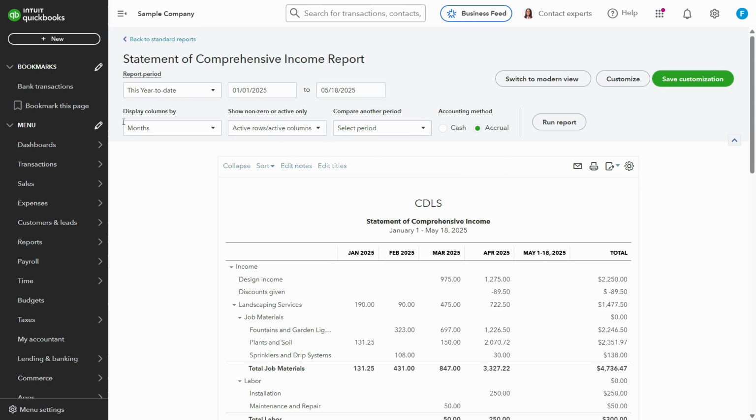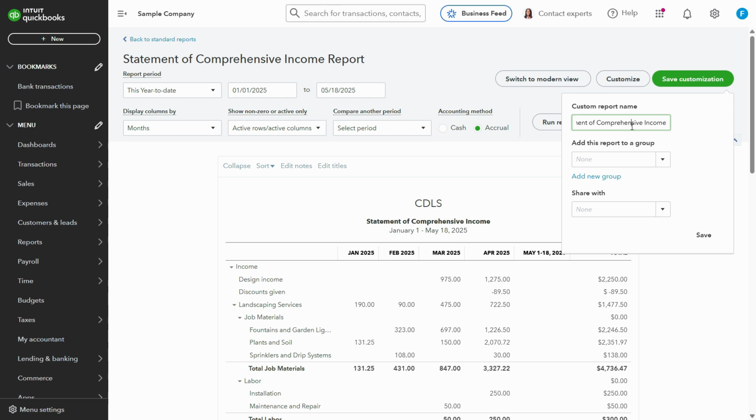So let's say that you have made all the customizations and after that you don't want to do this again. So what we can do is just click on save this customization and we can name this customized report anything we want, and we can add it to a specific group if you want to. For example, financial analysis, or add new group. Let's say that the name is financial custom reports,